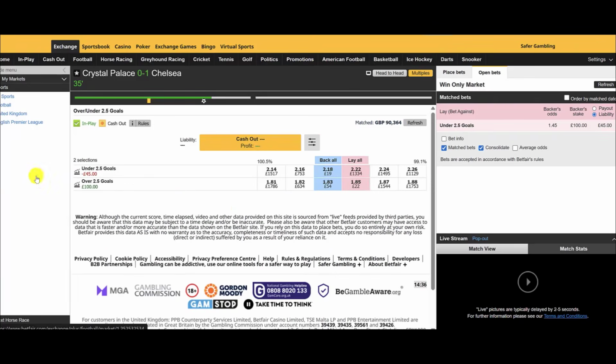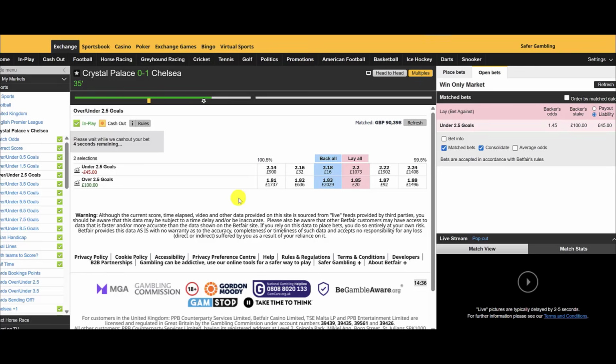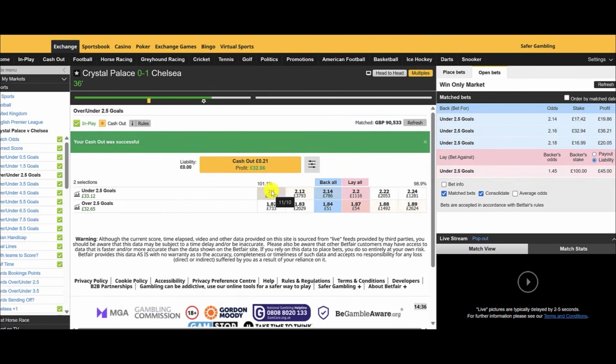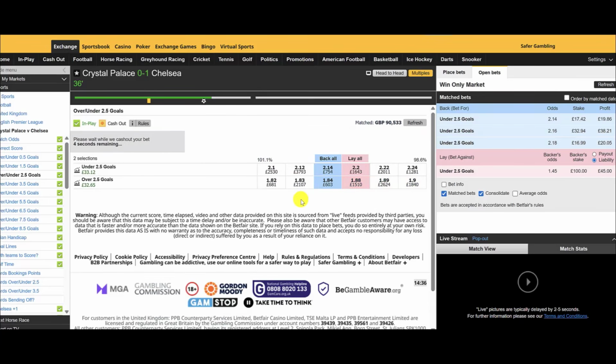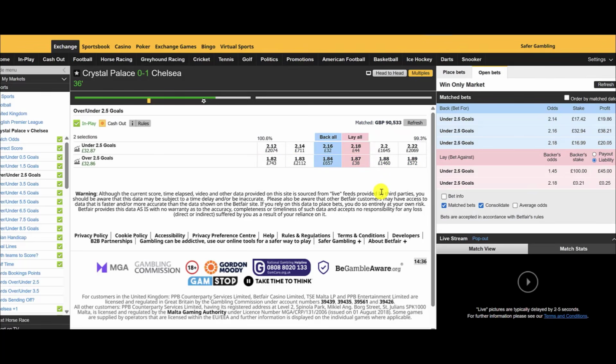Now, just to show you, I also could see the goal coming, so I did lay under 2.5 goals, because the XG pressure was rising. So just going to lock in that trade also. And obviously that's what you got to do as a football trader. You're not just going to rely on the AI, enter the market, cross your fingers and hope for the best. You're going to adapt. The great thing about entering on the goal markets is that if Crystal Palace were the team that took the lead, at least you've got a bit of green to soften the blow against that potential loss. So that was the idea anyway.